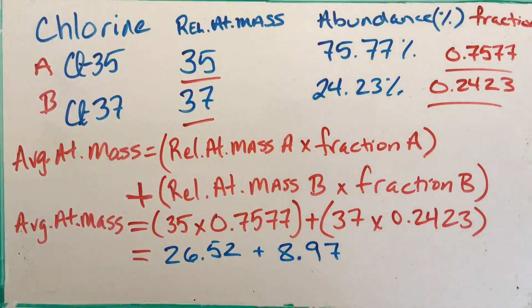All right. The next step is to add these two numbers. So we're going to add the two numbers. 26.52 plus 8.97 equals